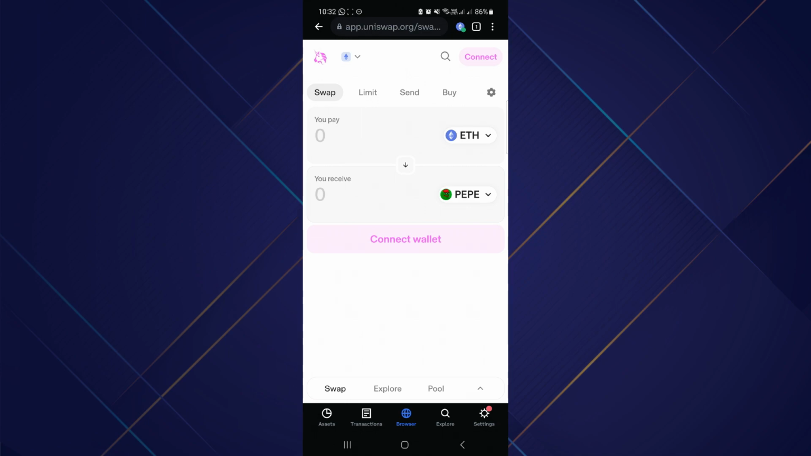So simply put the required amount of Ethereum you are willing to trade, and then you will see the option of swap. Simply click on that and this will take you to the interface where you have to put the details and will be able to buy the Pepe coin. So that's basically how you can buy the Pepe coin on